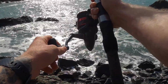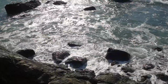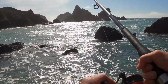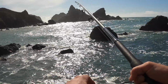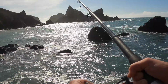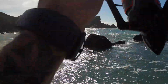Make sure my drag's extra tight. Just keep tension on that thing. See how when I get a bite, keep my line tight, reel down, so that when it bites again or starts biting like crazy, I'm gonna try to set that hook so you got leverage to pull back. So I lowered it down, but my line's still tight so that I can feel every little bite. Once it starts hammering on you, like you feel like it has it in its mouth, that's when you try to set the hook. So, oh man,